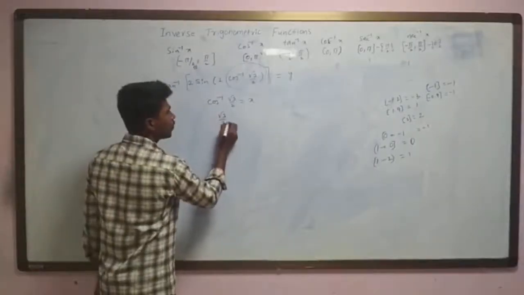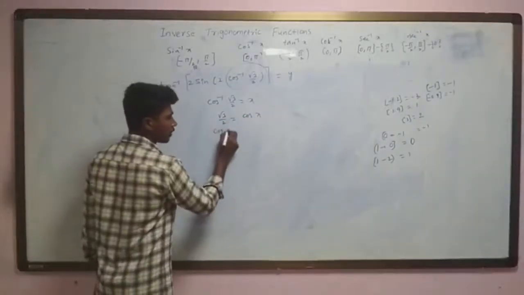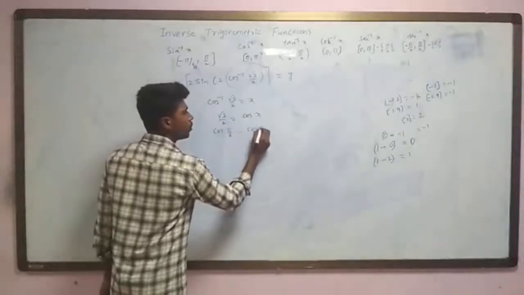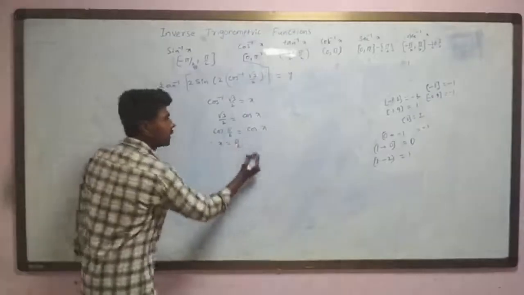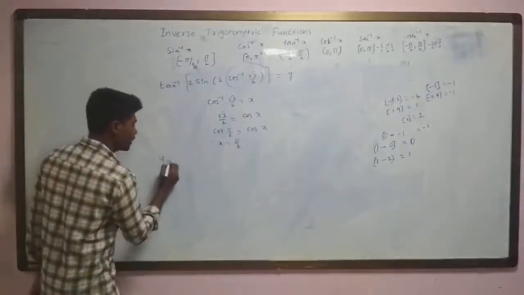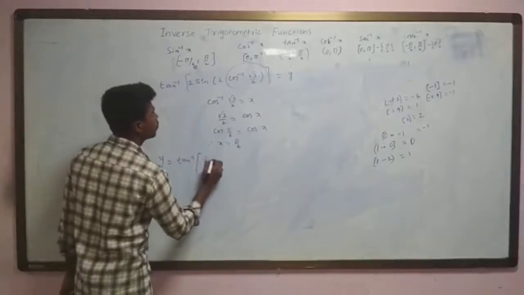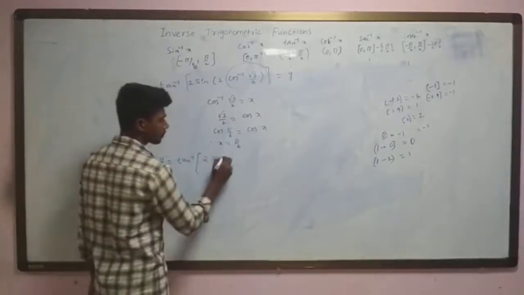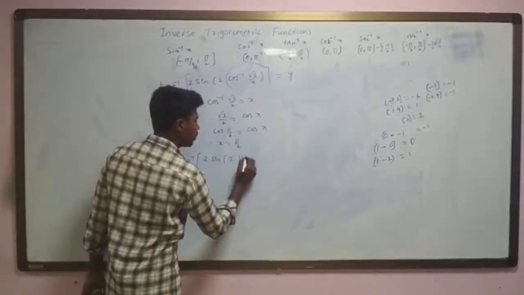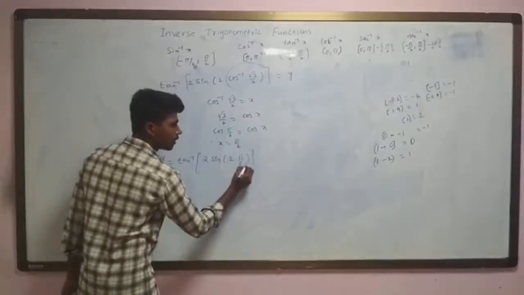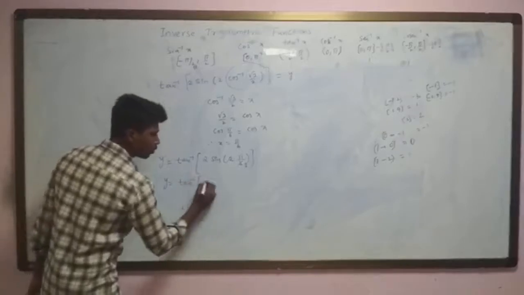Now root 3 by 2 is equal to cos x. Then cos pi by 6 is equal to cos x. Therefore, x is equal to pi by 6. This value is replaced in the given expression. So y is equal to tan inverse 2 sine 2 times pi by 6. 2 ones are 2, 2 threes are 6. So what do I get? y equal to tan inverse 2